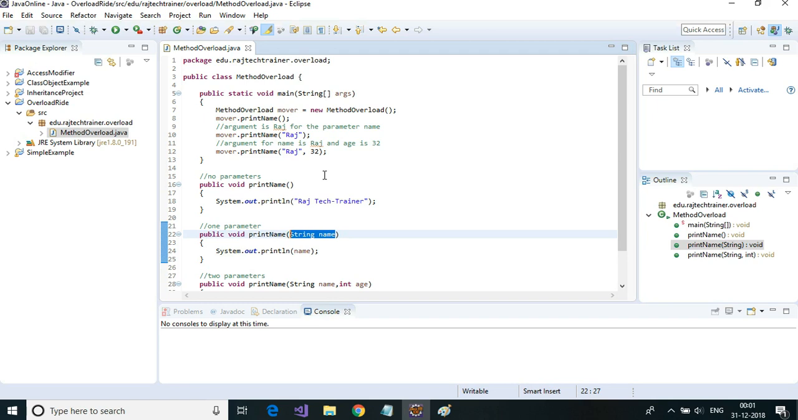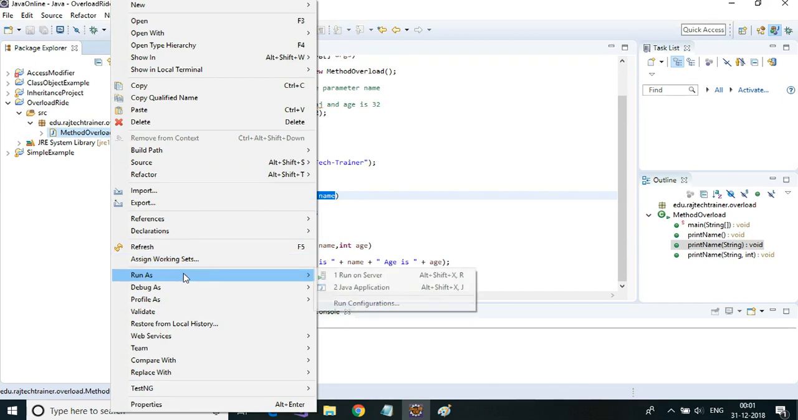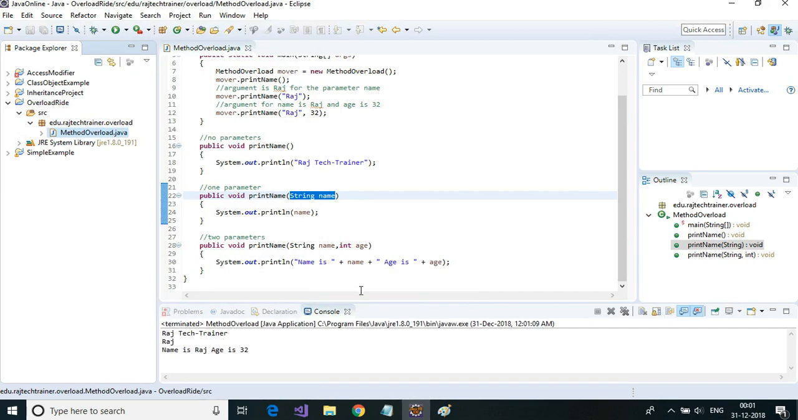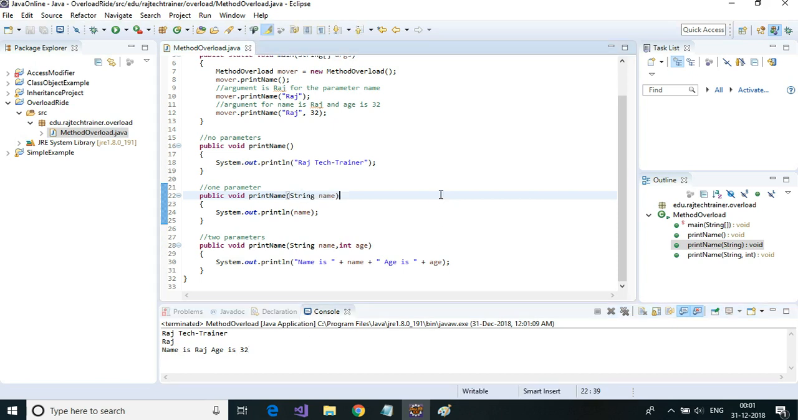Okay, so let me run this. Right click, run as Java application. Okay, so first one printed Raj tech trainer, the second one is Raj, and the third one is name is Raj, age is 32. Okay,